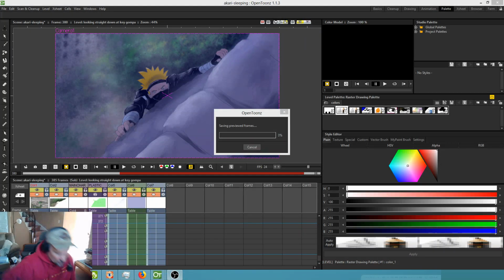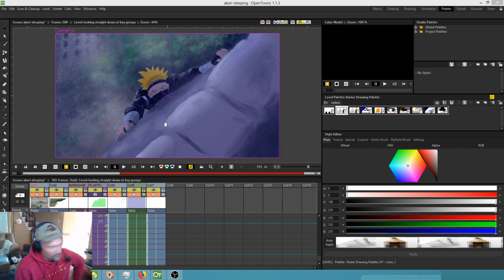Okay, this morning I'm going to show a couple things that have to do with system performance and getting more out of OPENTOONZ. The first thing I'm going to show, okay, so this has to do with